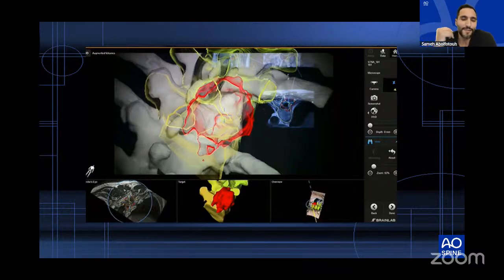But all of this stuff is going to be part of the past because you can now know exactly where your pathology is. And imagine if you're doing a tumor surgery and you're wondering whether you got the whole tumor out or not. Nowadays, you can do all of this with navigation as well and the integration of MRI as part of your surgery as well.